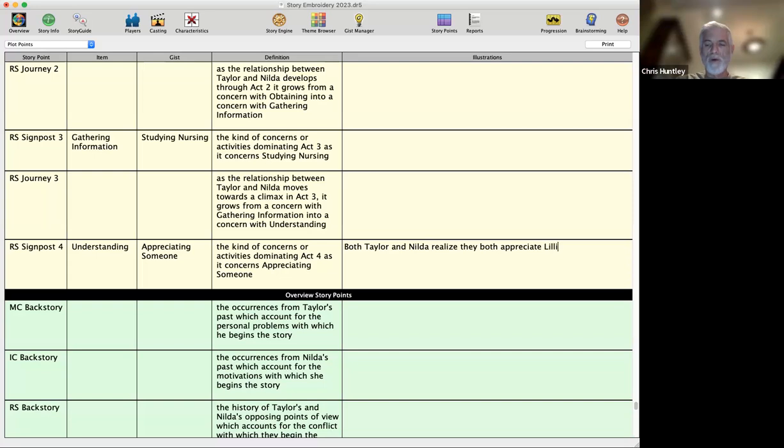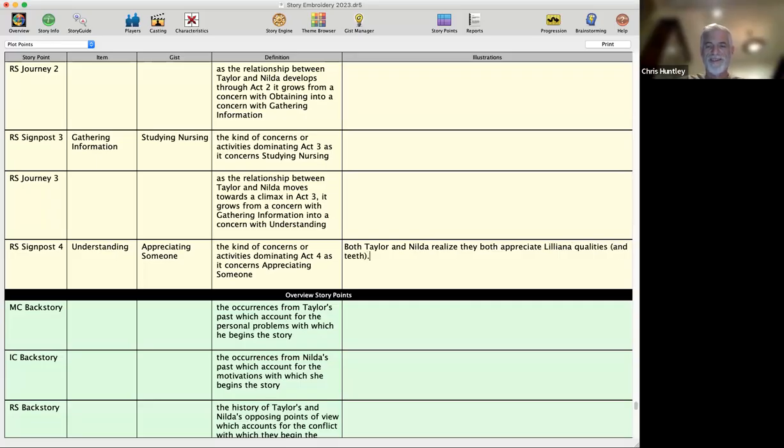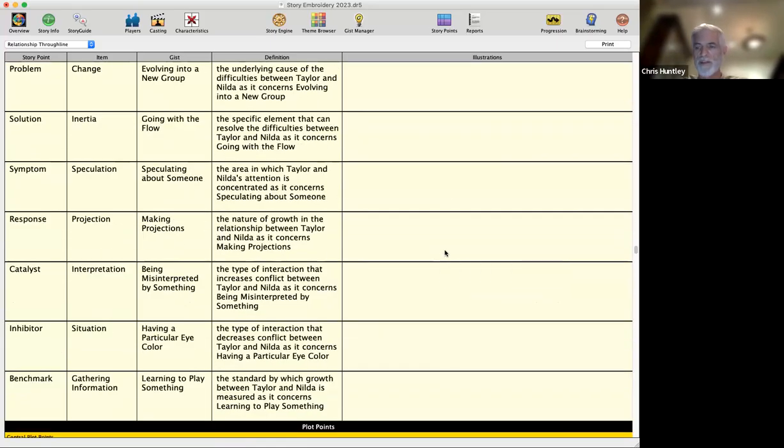And what quality of Liliana? Or just, I mean, her fantastic set of chompers. I'll just say qualities. And other qualities, yeah. All right. And two. Okay, great. All right, so that means